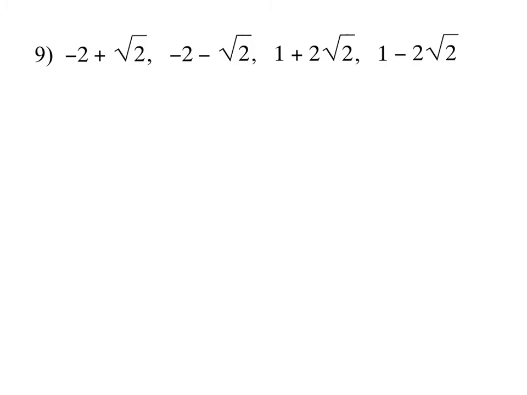One of the interesting things here is that if I look carefully at my first pair of roots, I notice that this is negative 2 plus a square root, and this is negative 2 minus a square root. These are already conjugates. And because I have both of those pairs, I don't have to add any additional roots. The same is going to be true for my next two in this case, where I have 1 plus my radical term and 1 minus my radical term. And just because those happen to be conjugates,